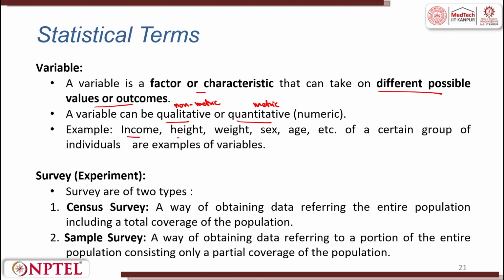Example: income, height, weight, sex, age. These are all variables of a certain group of individuals. Survey, or you call it inspection, is of two types: census survey and sample survey. Census survey is a way of obtaining data referring to the entire population, including total coverage of the population. Sample survey is a way of obtaining data referring to a portion of the entire population, consisting only of a partial coverage of the population. Census, as you know, is known as 100%